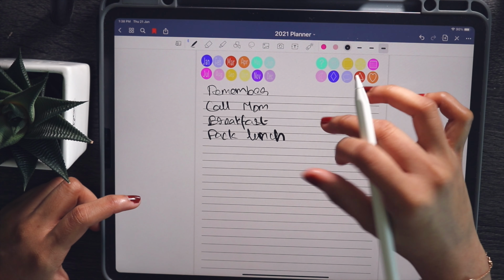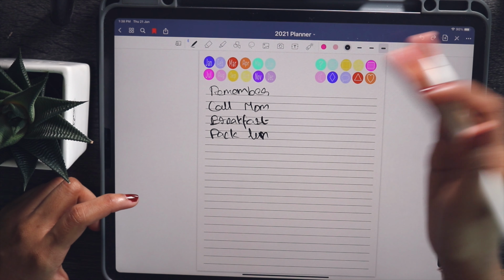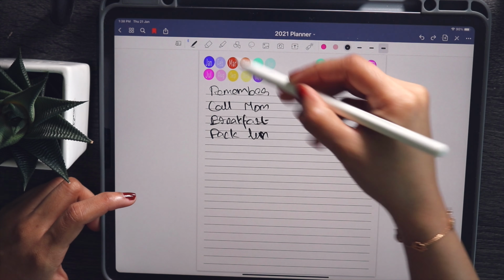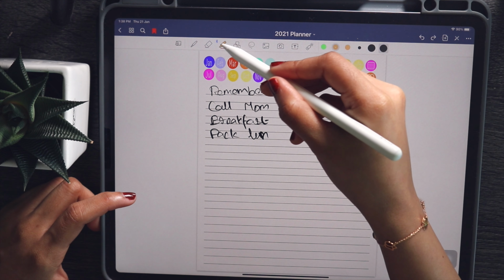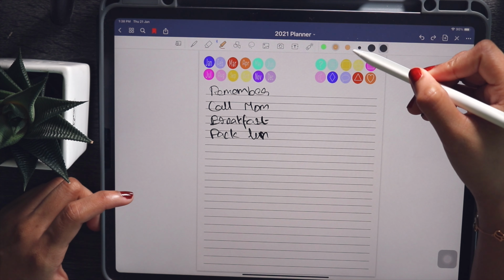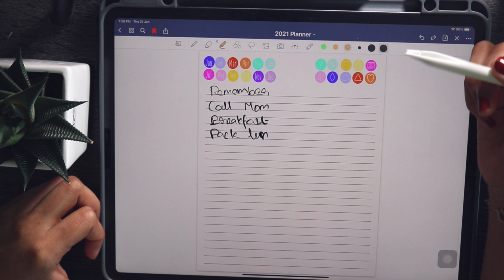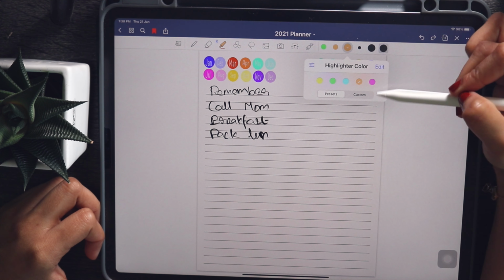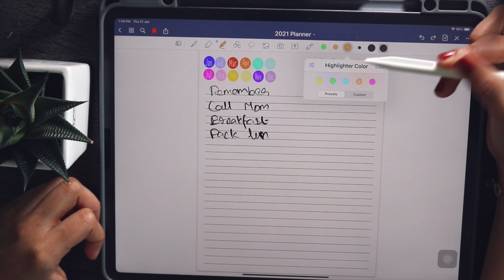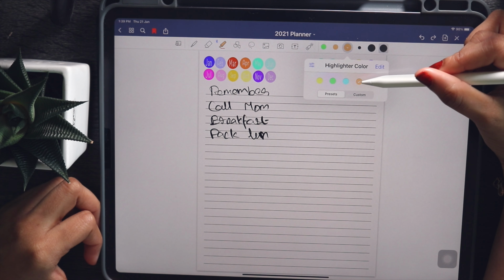And then just double tap on the screen if you made a mistake, and it erases the text. So I have made some notes on my planner here, and I just want to highlight one to show that it's more important. So if you tap on the highlighter here, you will see that you can also do custom colors for the highlighters. It's the same process that we did for the pen, and I have only done the lighter colors because I thought those look better as highlighters.